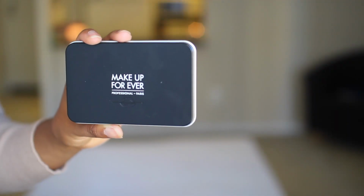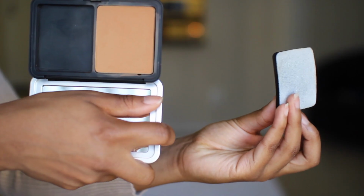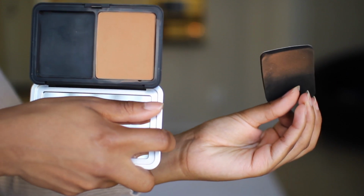Today's foundation review is going to be on the Makeup Forever Matte Velvet Skin Powder Foundation. I have had this foundation for about a month now, so I am not going to do an 8-hour wear test because I have been trying out this foundation. So I do know how it wears on the skin. I do know how long it lasts on the skin, but I will be doing a demo and a review